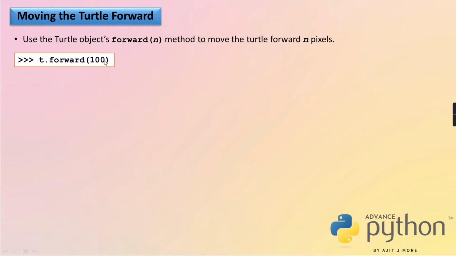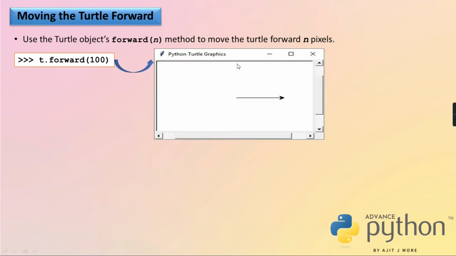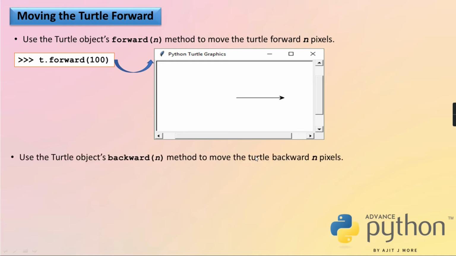See. So T dot forward 100, if I write that, it will move 100 pixels ahead in the direction in which it is facing. Initially you will get the output like this. Your turtle was at the center initially, right? At the center, and it was facing east direction. So in that same direction it has gone 100 pixels ahead. But when it goes 100 pixels ahead, the pen is producing a mark and you see the output as this line.